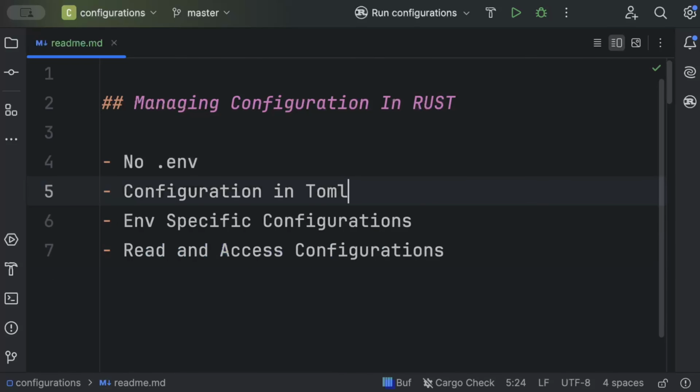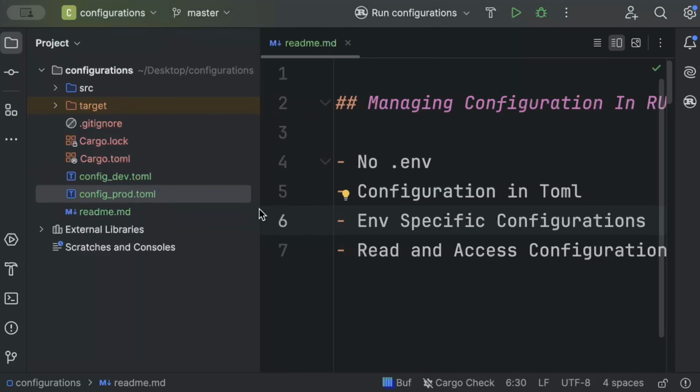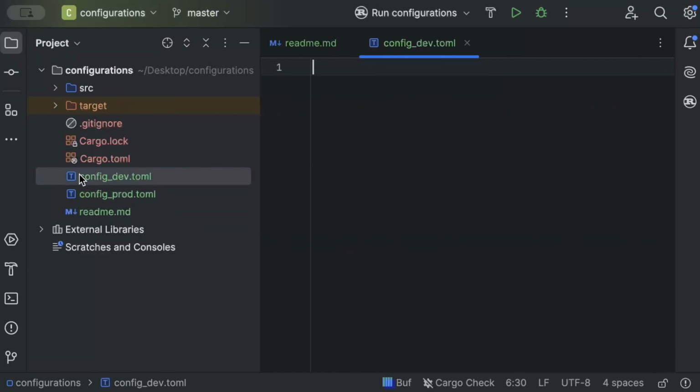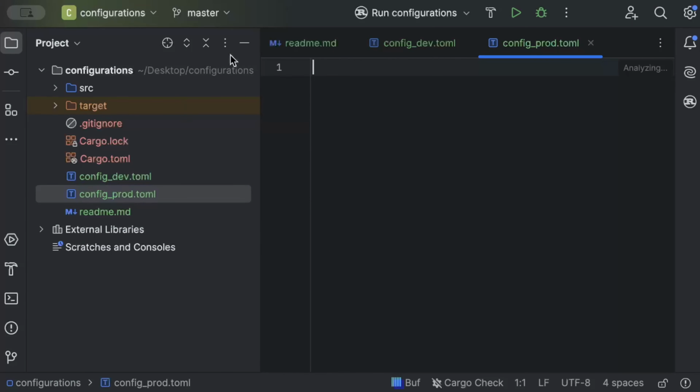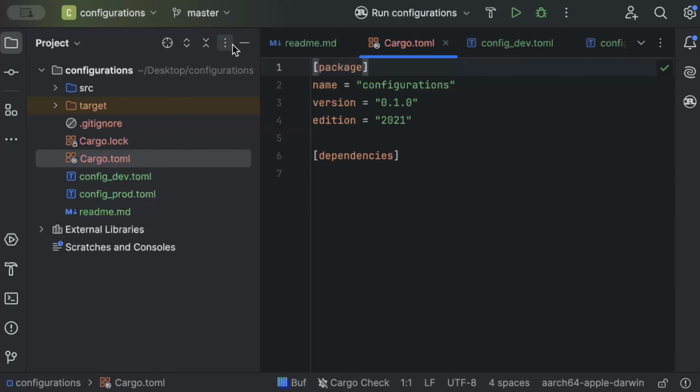So let's begin. First of all, move to your Project Explorer and make sure you have a nice and clean Rust project. And then in your project, add a config dev.toml and a config prod.toml to specifically satisfy the environment specific configuration file that we will be adding, and move to your cargo toml file where we'll add a few